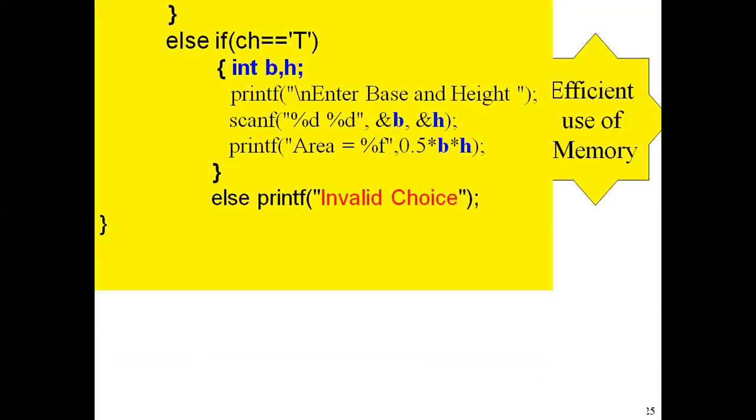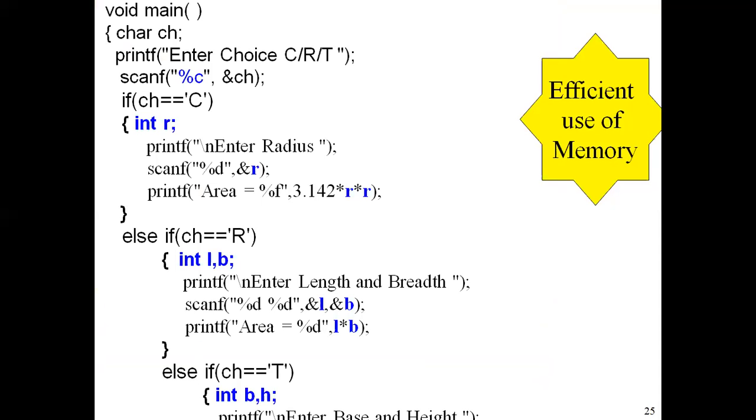Now, what's going to happen in this program? See what happened. Another issue. Practically, suppose I write this program and it says enter choice. If I enter X, it's going to tell me invalid choice. But if I enter C, and it still says invalid choice, it's surprising, no? But it's a possibility. When a user runs the program, if the user enters C, he might get invalid choice. You enter R, you might get invalid choice. Because the possibility is that